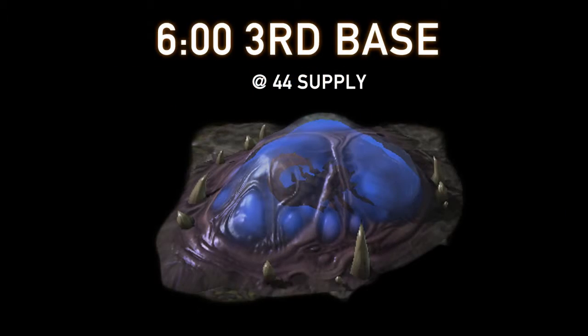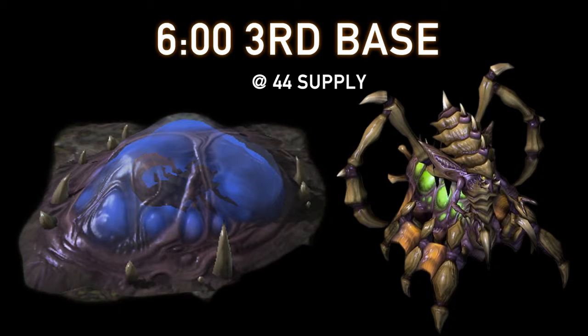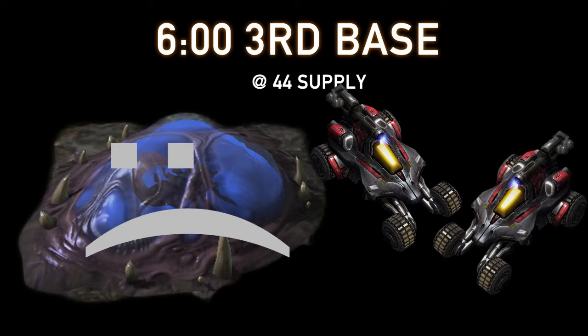You always want to be aiming for like a 6-minute third base at about 44 supply. If you can go third base, then start the 4th queen, that's going to be really nice, because otherwise it can be a little bit hard to get that third base down once Hellions start arriving. Even if you've got a few speedlings out, it can get very frustrating. As soon as that third base is down,